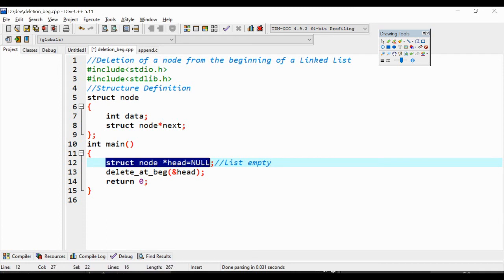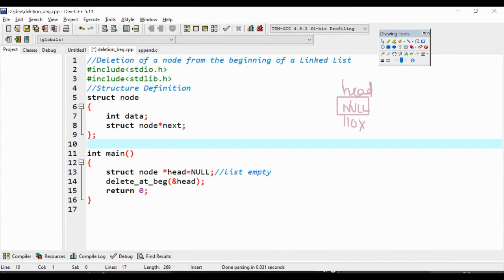After the declaration statement, 2 bytes of memory will be allocated for a variable called head. It will be holding its own address. So let us assume the address as 110x. Initially we have assigned head with the value null, so it is null. Before the deletion operation, insertion should be done. To know about the various insertions, please do visit my data structures playlist.